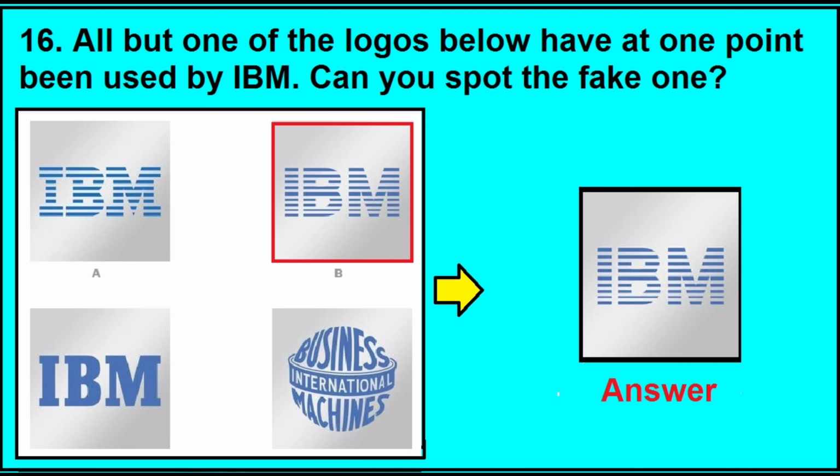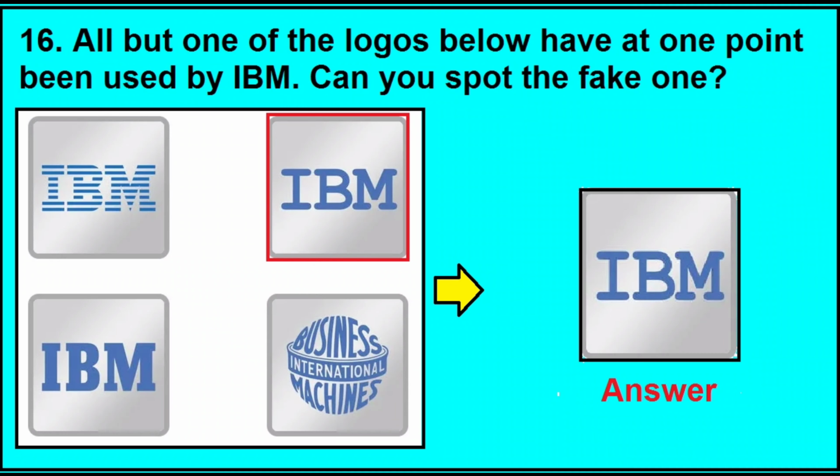In version 2 of this question, you can see again A, C and D are the same but B is different. So I have clicked B as the answer. So you must see this, okay. One is always different and its position may be different but it's always different. The other three are the same. Now in version 3 of this question, you can see the same images are here but only one image is different.